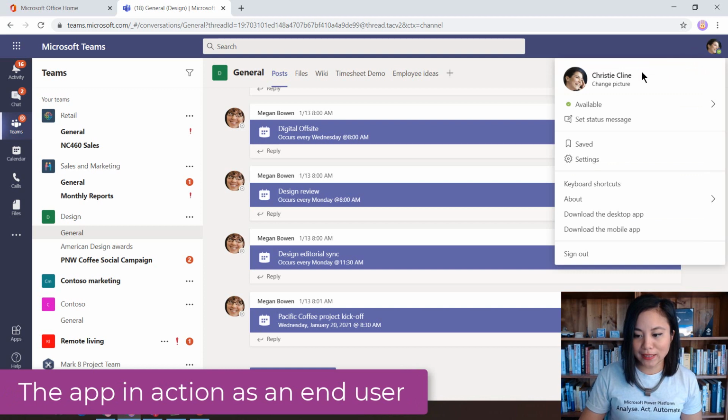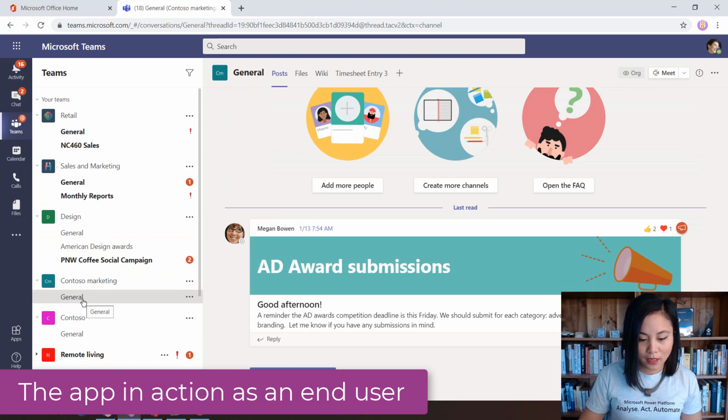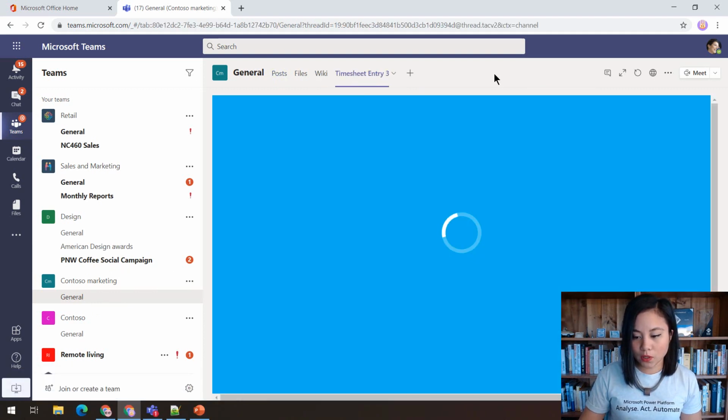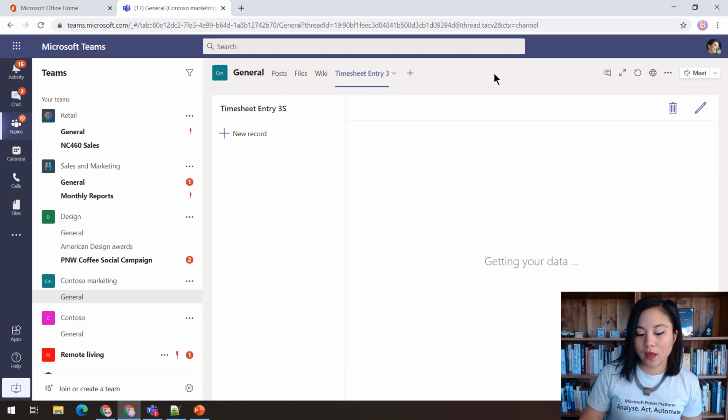I'm logged in as a different user here called Christy, and we're going to go to my Contoso marketing team and select the general channel. We can see that the timesheet entry app is in there, and it will load the app for the first time for this user, Christy. And when we see the gallery, we shouldn't see any of the timesheet entries